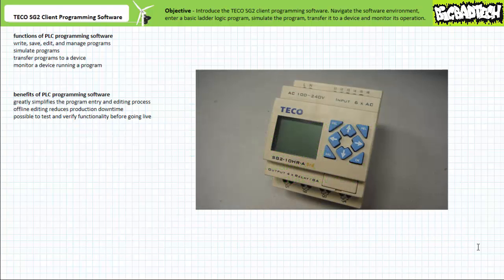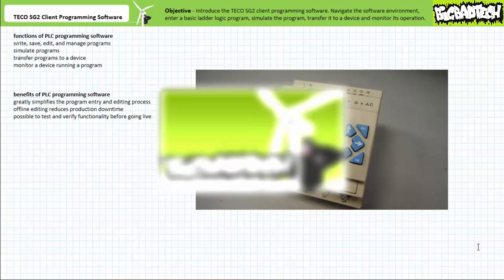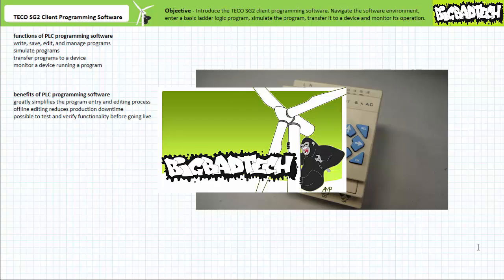Note this lecture is not intended to be a thorough review nor an endorsement of the TECO SG2 PLR family, but rather serves to familiarize the viewer with just one of the many inexpensive basic programmable logic controllers and programming software options commercially available. Recalling the example PLC, TECO SG2 PLR lecture, available at the Big Bad Tech channel, we